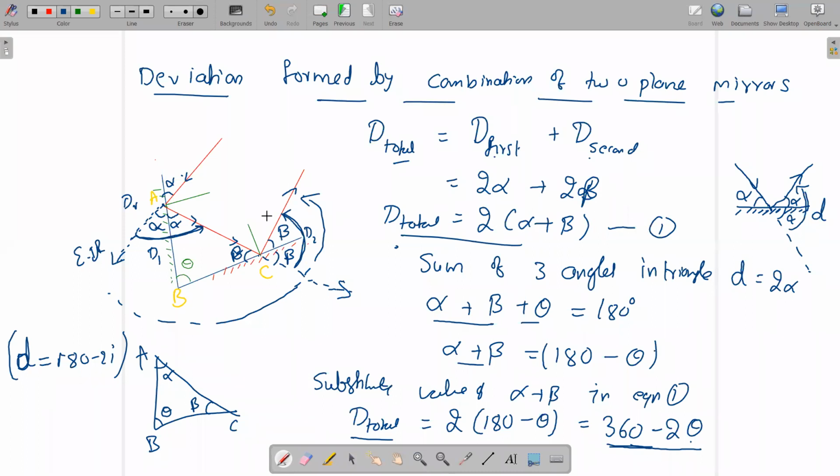You can observe in that figure, the triangle ABC is one triangle. In this triangle, alpha, theta, beta are the 3 angles. So you add the 3 angles. The sum of the 3 angles in a triangle is 180 degrees. So to find alpha plus beta, I have to do 180 minus beta. Then substitute the remaining, multiply this, and you will get the answer. Hope it is clear, children.